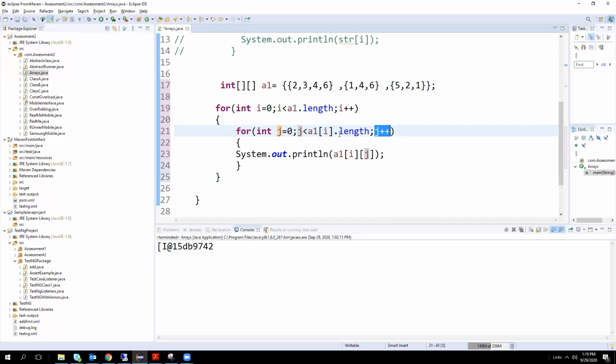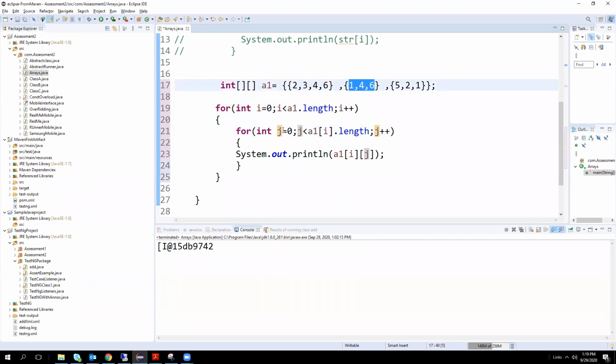If it is true, it will execute. Once this condition fails, it goes to i++, which increments the outer array index. Control goes to the next array, j is assigned to 0 again, and for this array the index starts from 0.